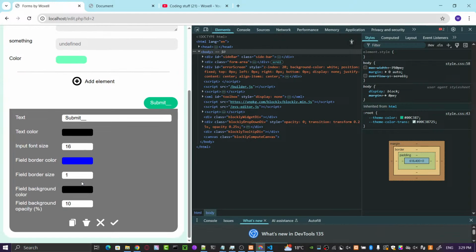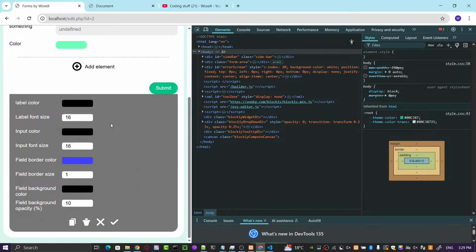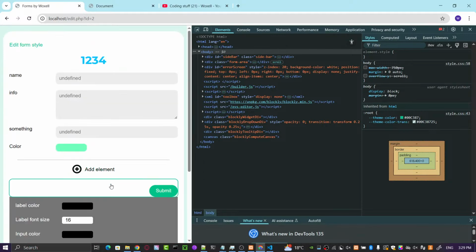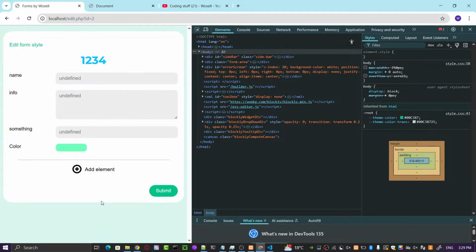We have this label, and we change it, and then I don't know. We need to fix that, of course.